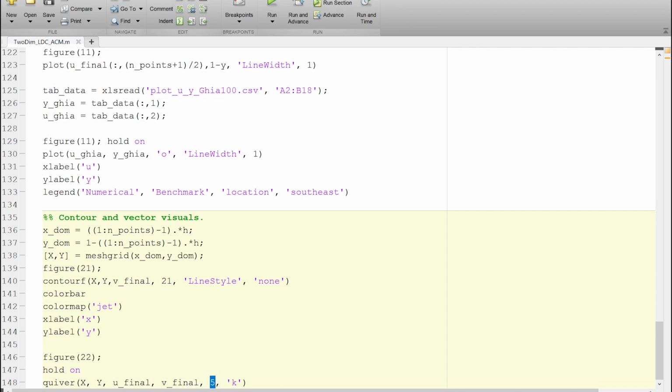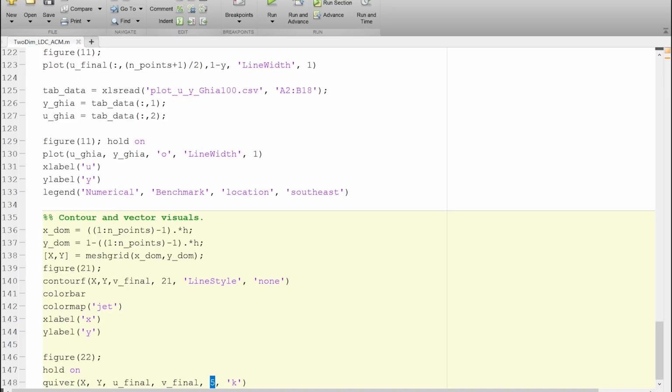The number 5 here scales that velocity vector. If I don't use a number here, the velocity vectors would retain their original ratio or original length, but having a positive number greater than one stretches the vectors, so it's easier to see them in the flow field. If you reduce this number, the length of those vectors would get shorter. So it is just for convenience.